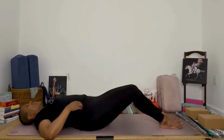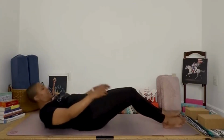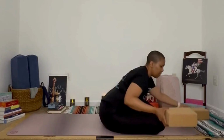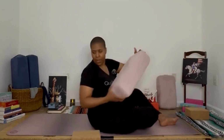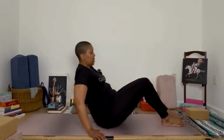And in this position, I'm going to invite you to use some props. If you have a bolster or blocks, you may want to bring those nearby because it could be helpful for supine twist. So I'm going to bring one of these nearby. I may swap it out for something different, but we'll see. Now, in this position here,